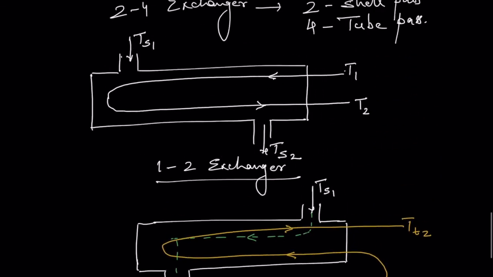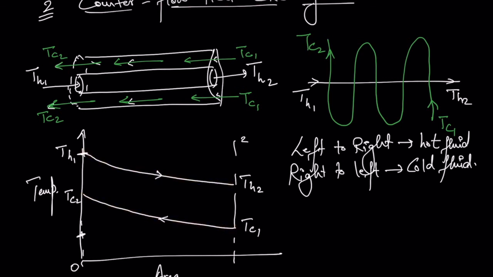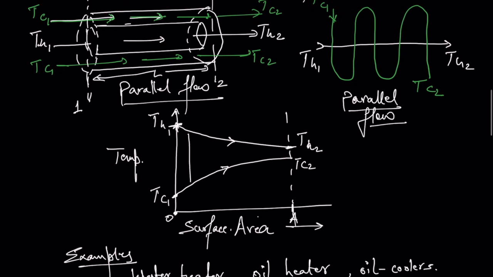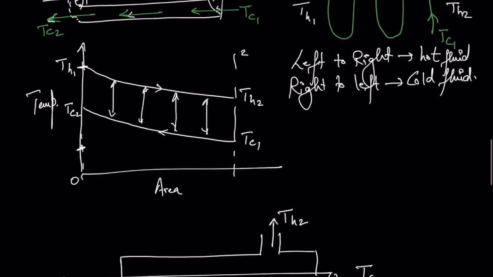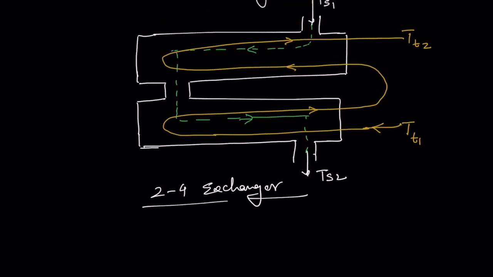Okay, so you can see from the figure also, in the temperature distribution, this difference is almost constant here, the temperature difference between the two fluids. And if you see the parallel flow, the temperature difference at the entrance is very large, and therefore when you move along the exchanger, the temperature difference is getting decreased, right? So counterflow is better, because the temperature difference is almost constant along the length of